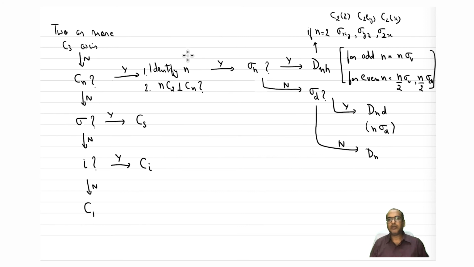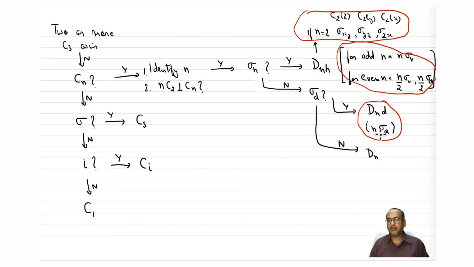This happens because the three C2s are actually perpendicular to each other. This is the only case where the order is the same and all three are perpendicular to each other. So that's why there is this confusion. But you can keep it for your notes. Okay, this information you may not find in books. This is after several rounds of discussions in class, so you can keep it for your notes. Okay, all right, so this was yes.